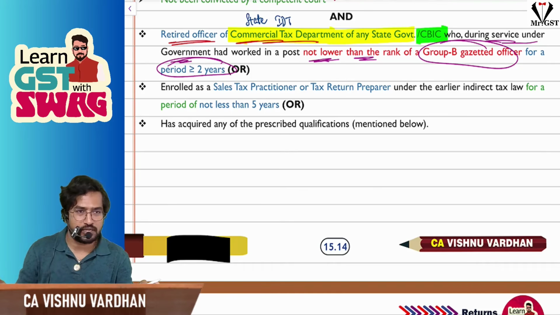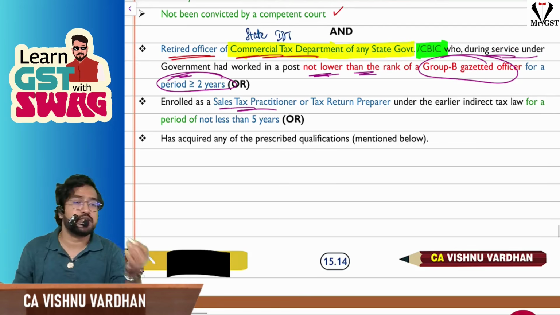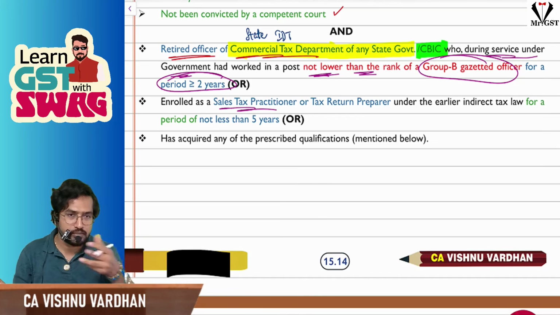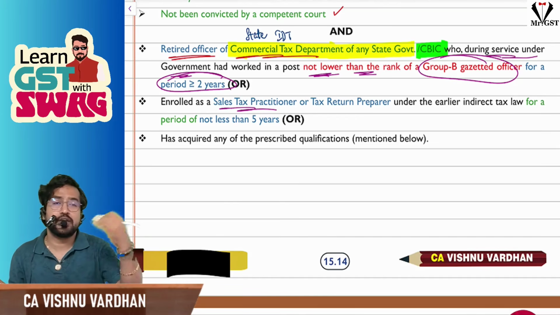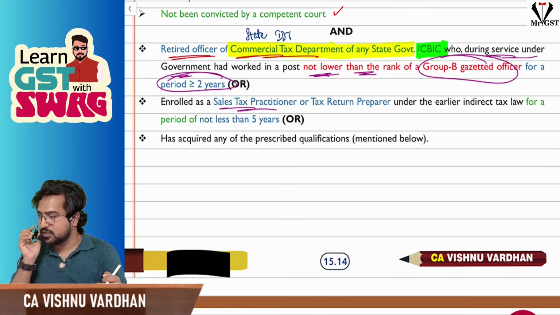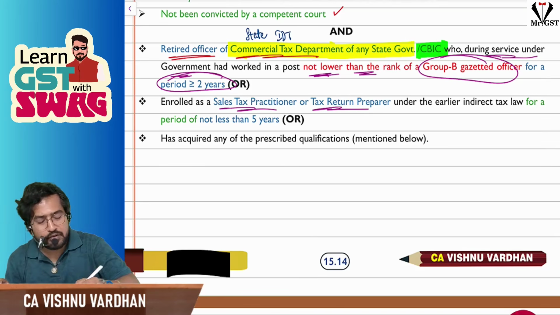Then you will get GST practitioner. Or you should have worked as a sales tax practitioner before GST under sales tax VAT. There was a similar concept like GST practitioner, so you should have worked as that sales tax practitioner. Or there was something called service tax return preparer. Before GST under service tax, there was something called service tax return preparer. That way you should have worked at least for 5 years,